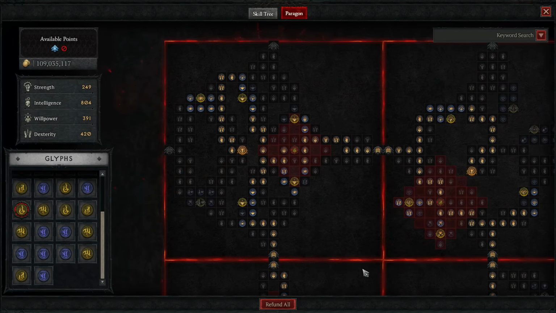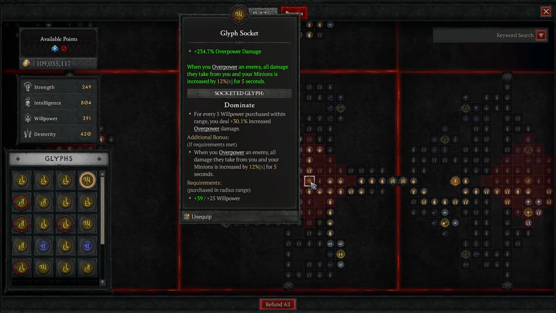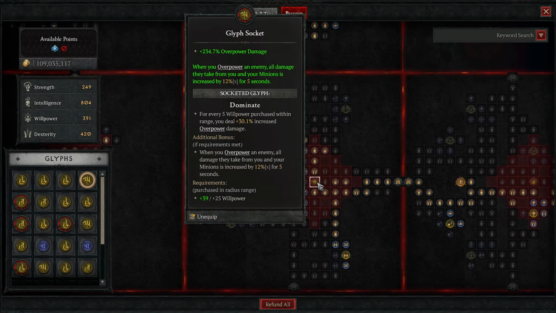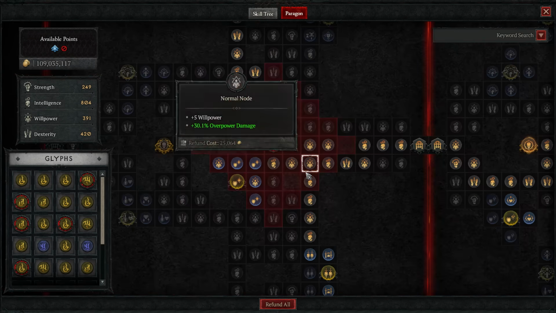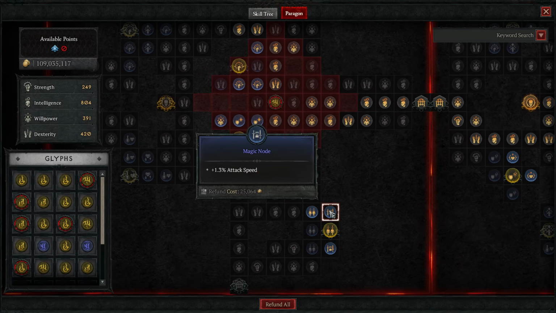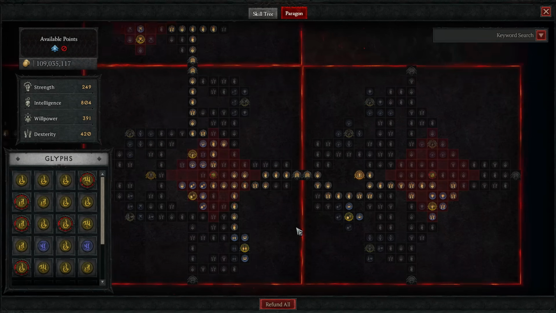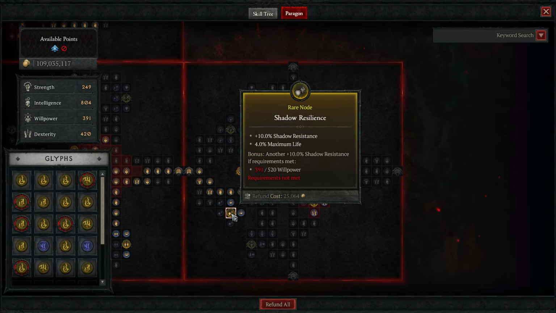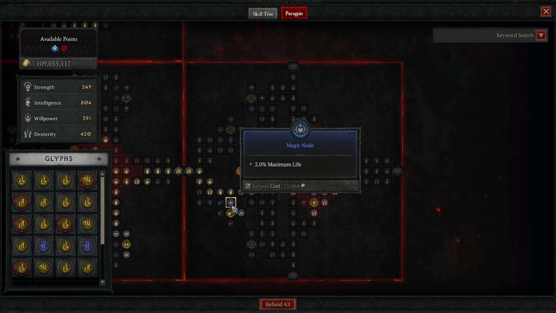You need it active the whole time, but it's on my fourth board because this is actually great for willpower, where I'm able to get up to 39 around this. So we enter the board, come down, come to the glyph and activate it like so. And then we come down and pick up Color and the attack speed nodes around it for that benefit. Then we're going to leave the board to the right for our final board, which you should expect to be Scent of Death. Here we can get a little bit of extra shadow resistance, which is nice, but more importantly,